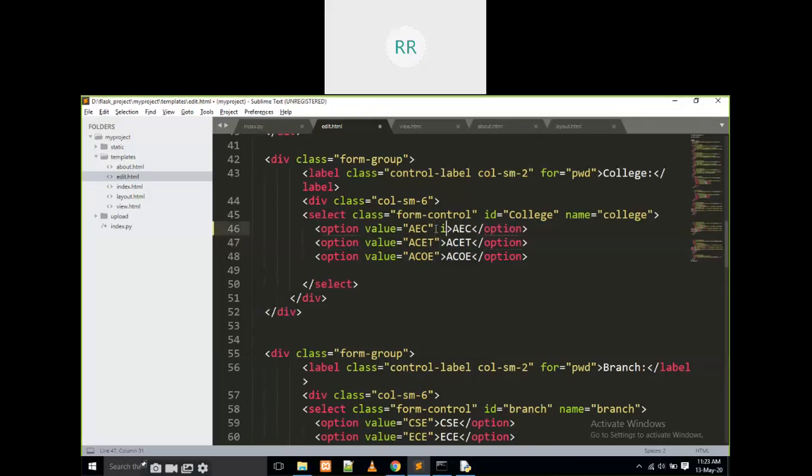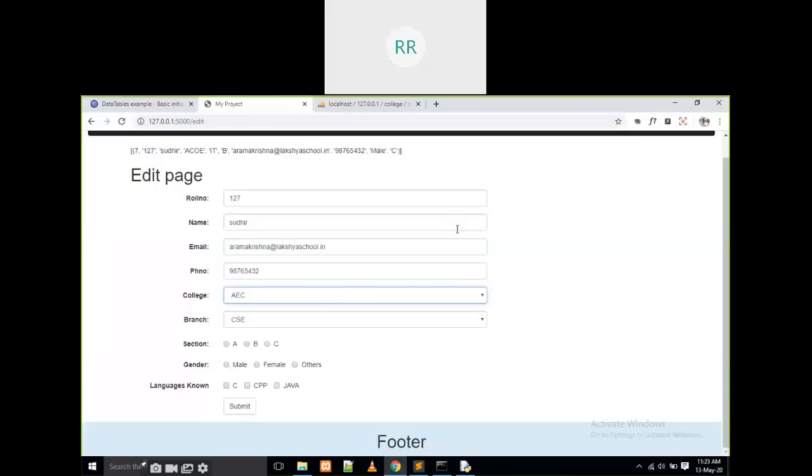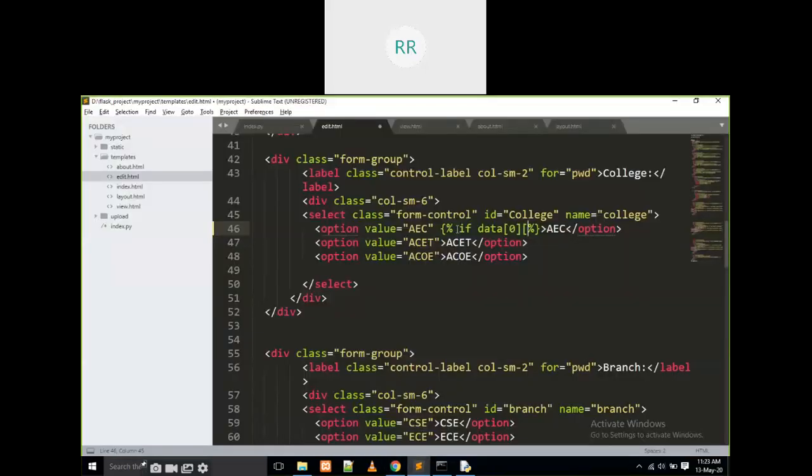Here I am going to write if, in the if also we have to write in this one. Here I am going to write if data of 0 of 3, 0 1 2 3, yes, 3 is equal to AEC. What is the value here?